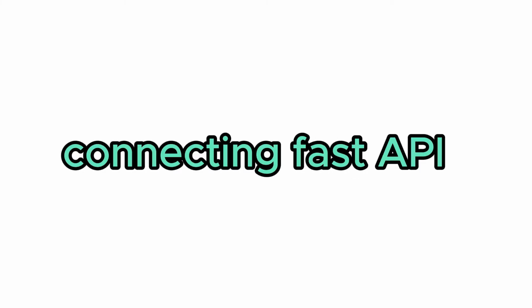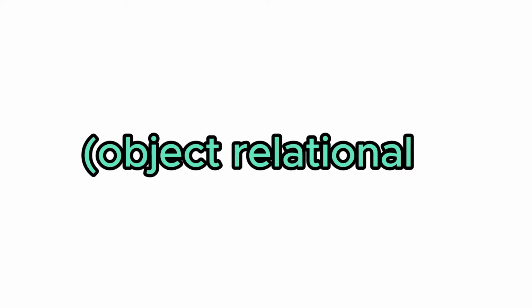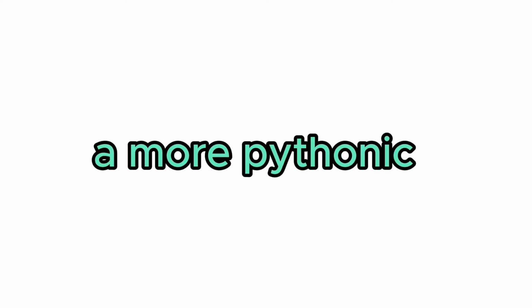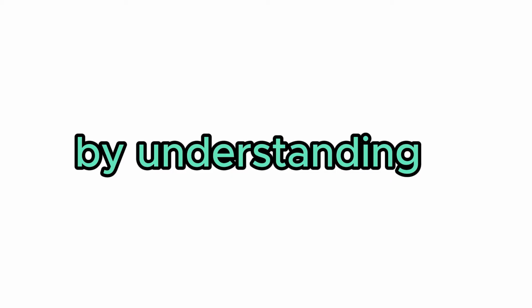Let's start by connecting FastAPI to databases using SQLAlchemy. SQLAlchemy is one of the most powerful and flexible ORMs, object relational mappers, available in Python. It allows you to interact with your database in a more Pythonic way, making it easier to manage your data and perform complex queries. Let's get started by understanding what SQLAlchemy is and how we can set it up with